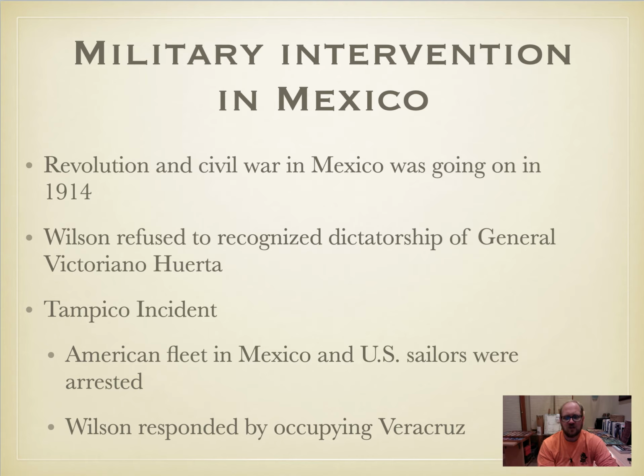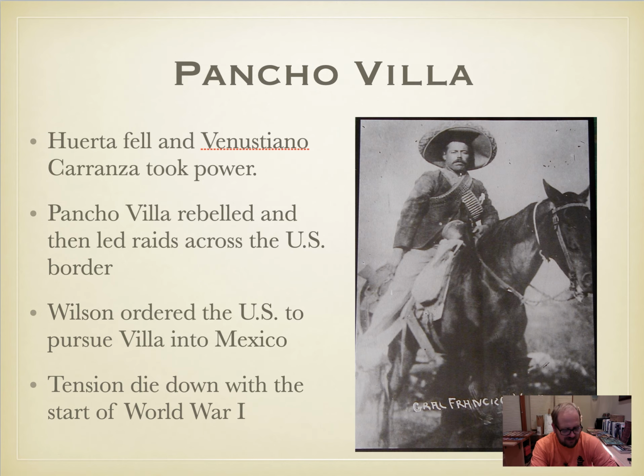Americans and Mexicans will clash in Tampico, where a U.S. fleet in Mexico, sailors went ashore and they were arrested. Even though the sailors were eventually released, Wilson will respond by sending the military to occupy the port city of Veracruz. At this time period also,